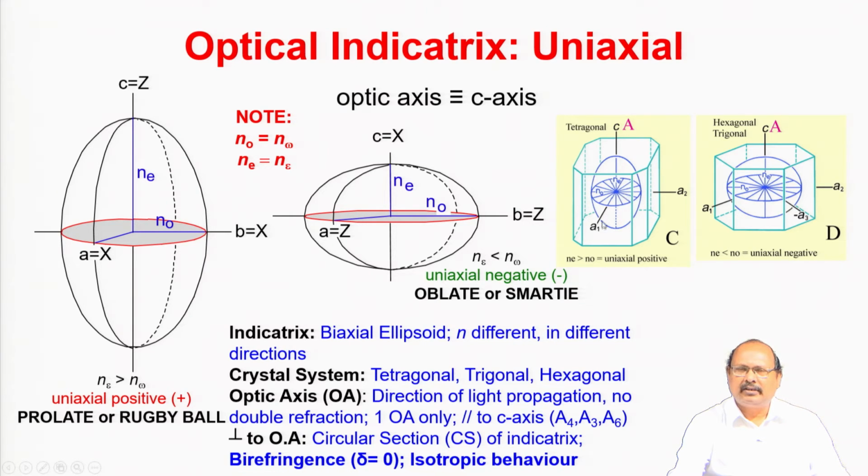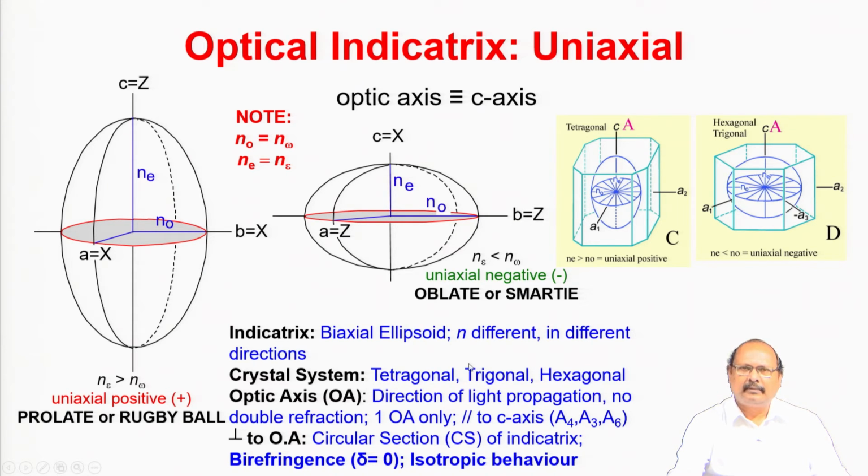In the tetragonal system, you have A1 and A2 axes, and in the hexagonal crystal system A1, A2 and A3, and they are all equal in length. So essentially, in this horizontal plane, the rays vibrating in this plane have equal velocity and the same refractive index, and there will be a circle here. This is a unique feature of minerals belonging to the tetragonal, hexagonal and trigonal crystal systems: they have one C crystallographic